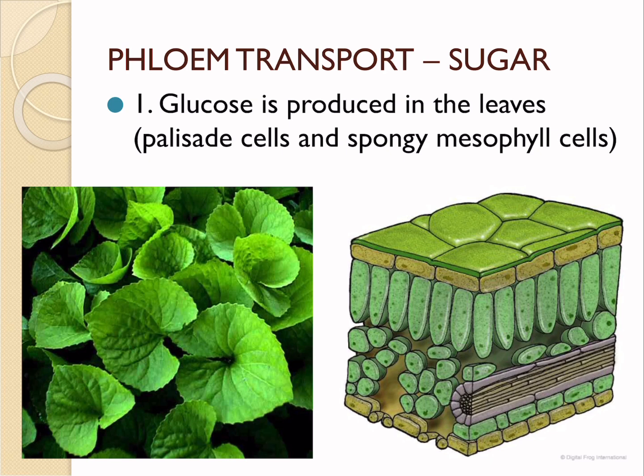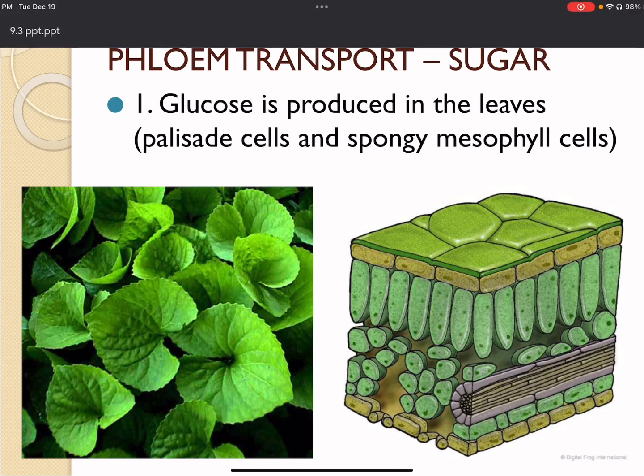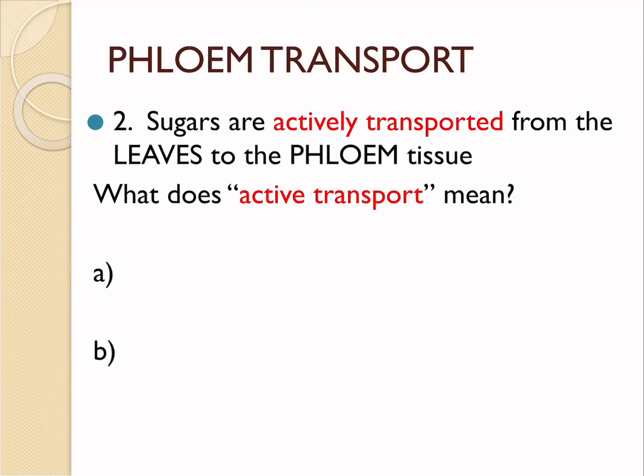of photosynthesis. One of the things that is unique to plants, if we're comparing to animal cells, is that they can produce their own food, right? They convert chemical energy and light energy to food. Once the sugar is produced inside the leaves, your sugars are going to be actively transported from the leaves to